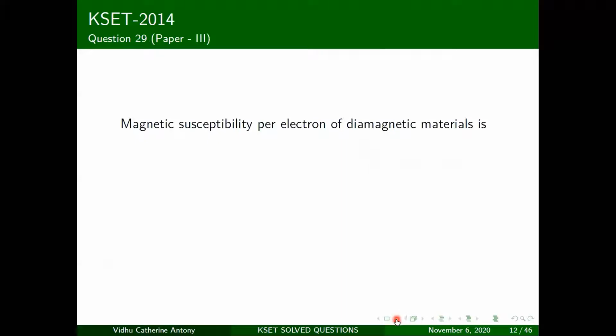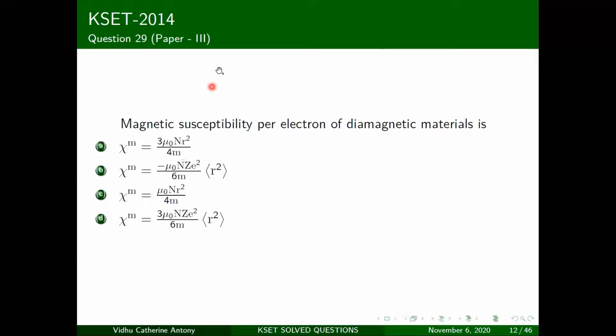That did take a long time, but let's just look at this. Okay, so the magnetic susceptibility per electron of diamagnetic materials is, okay, you will be deriving this formula this semester, in your 3rd semester. What you will see is that if you have a diamagnetic material, the magnetic susceptibility is always negative. So I'm not going to go into the derivation, but I'm just giving you the hint. If you have a diamagnetic material, the magnetic susceptibility is always going to be negative. Okay. So out of these options, which one has a negative sign? You see that this is the one with the negative sign. You end up taking this option.